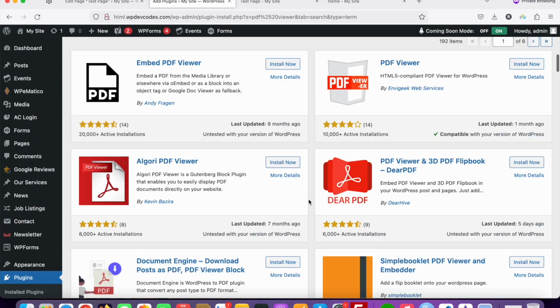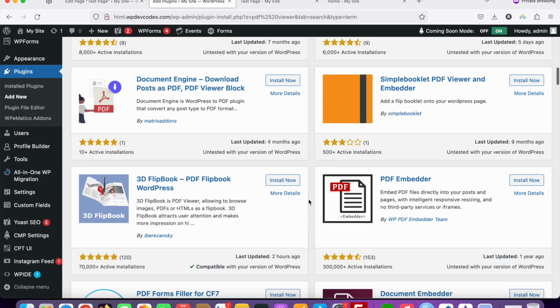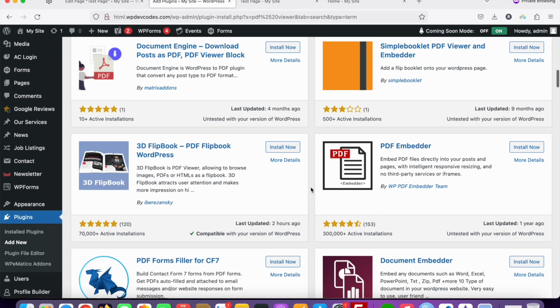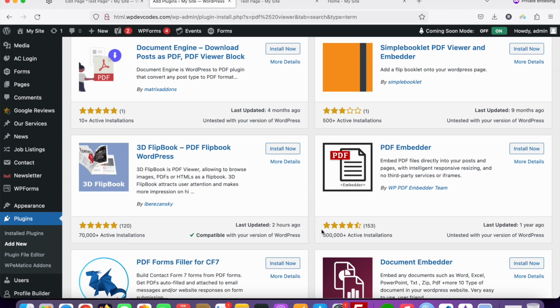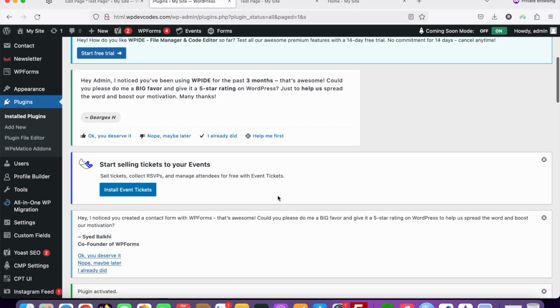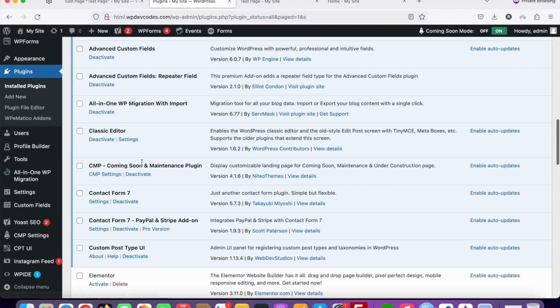There are multiple installations of this plugin, and we can activate it in our WordPress website. Just install this plugin first. It's installed. Now activate the plugin, and once you activate it, you can see in the plugin section it's called